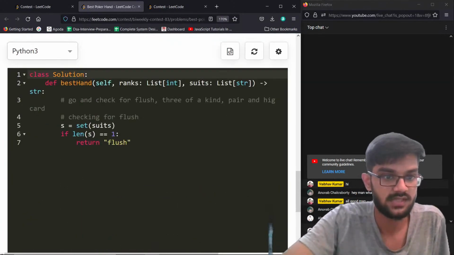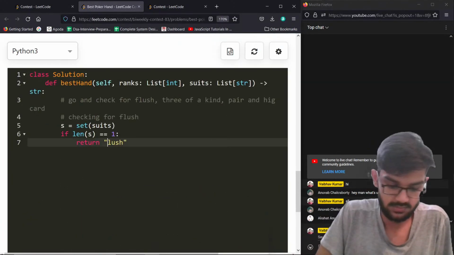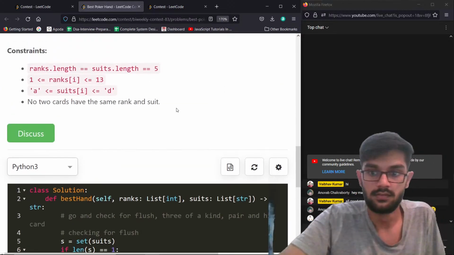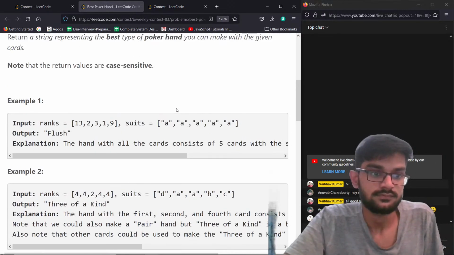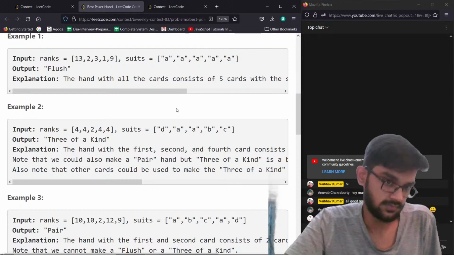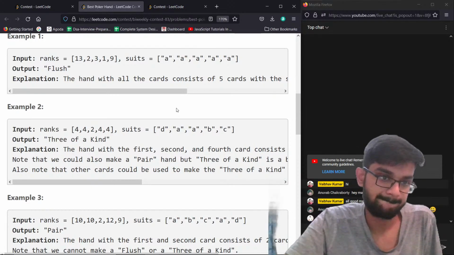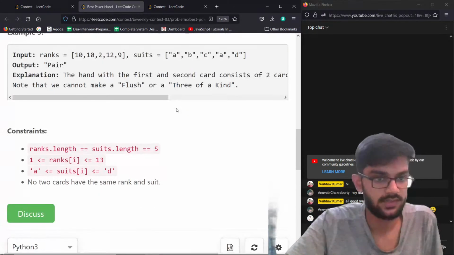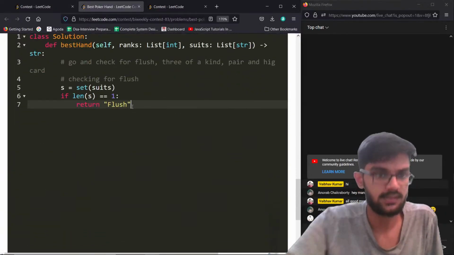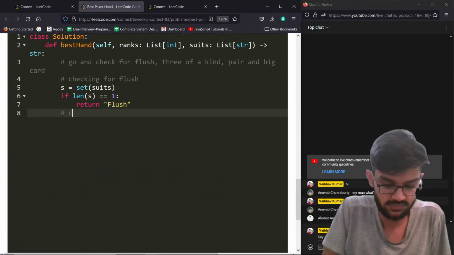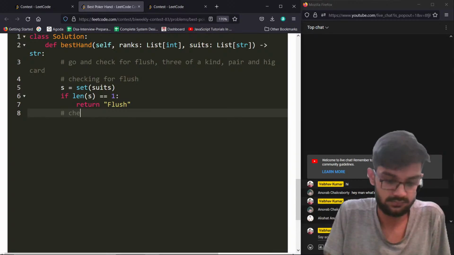Okay, in flush the F is capital. Okay. Three of a kind. Okay. Three of a kind. So any of the three numbers are same. So checking for three